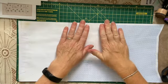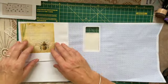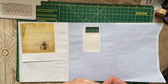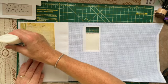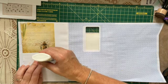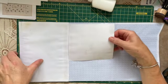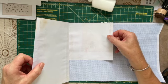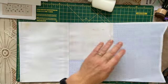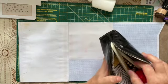Right, that's not sticky now, so that's moved. That hasn't stuck at all. Right, looks like we're going to have one of those days today. Let's pop a little bit of wet glue on. Obviously the glue stick doesn't want to work today for some reason. So let's try, line that up there. Let's just see if it's where we want it to be. Yep. Right. Where's my...